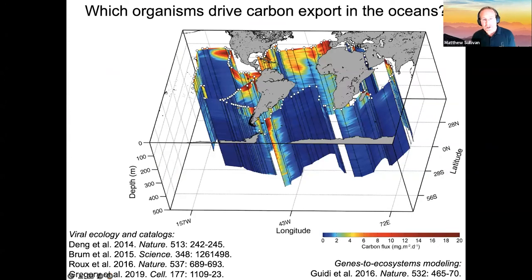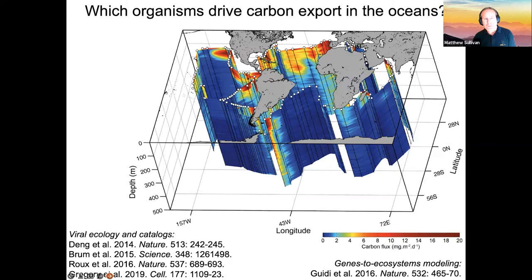So this is, again, the Tara Oceans transect, where the white dots are 24 to 48 hour stops for the Tara. And now we've got a depth profile into the ocean. And the colors here are blue, where there's areas of low carbon export, and red or yellow, where there's areas of high carbon export. And so Tara used a very novel approach, an imaging-based particle and size-based approach to estimate carbon flux throughout the surface oceans.